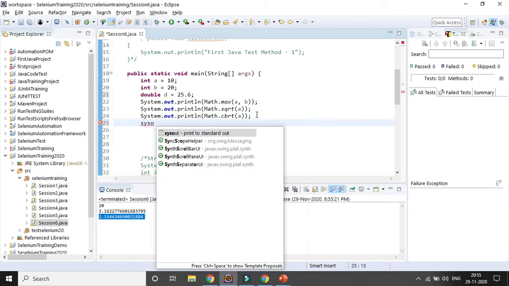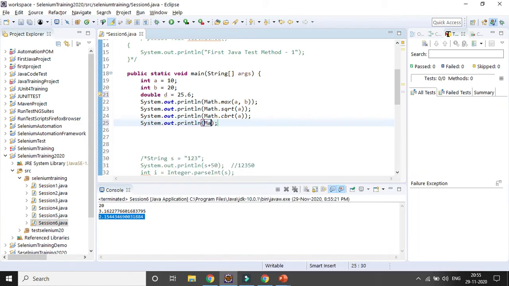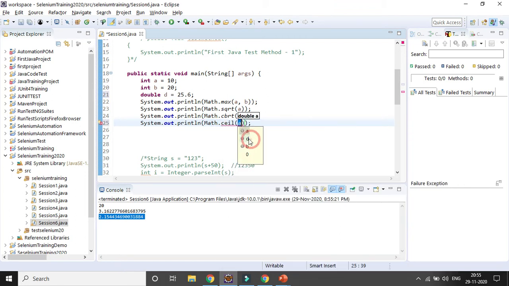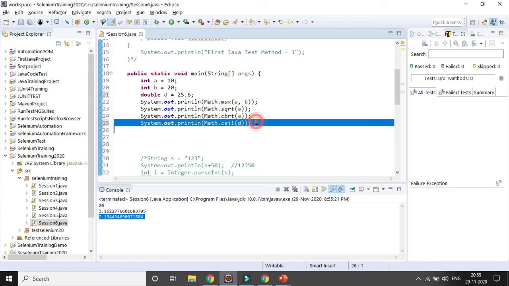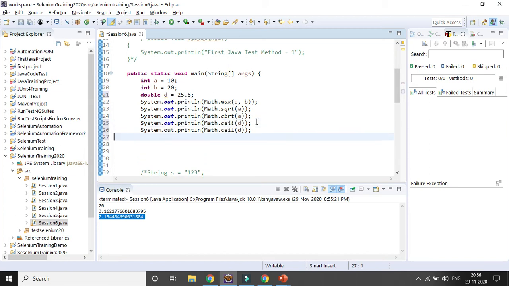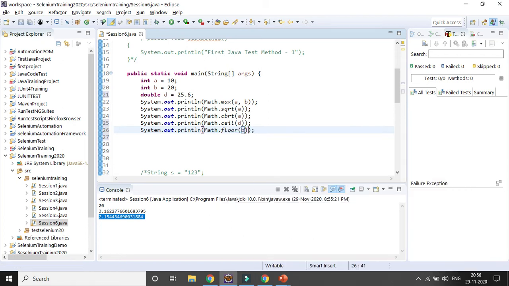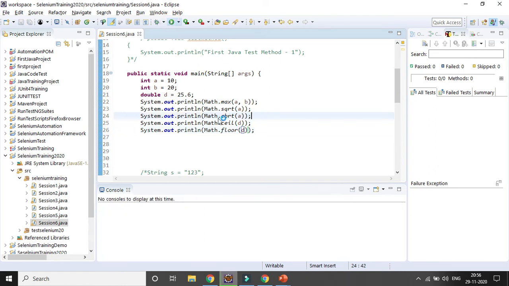SYSO Math dot ceil, and you have to give a double, so I am giving the variable name d. And if I want the floor value, Math dot floor of d. Let's run the code and see what floor and ceil are all about.